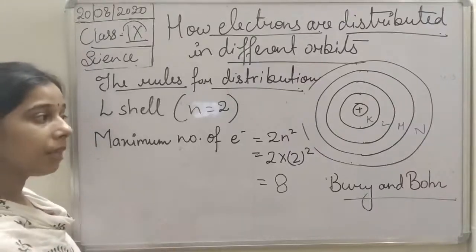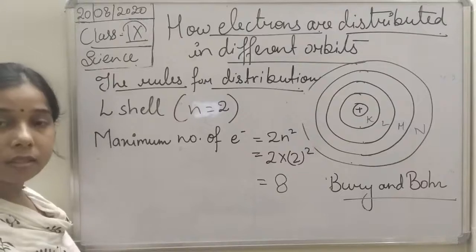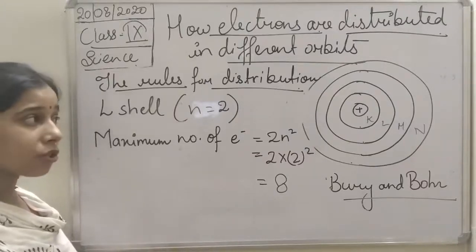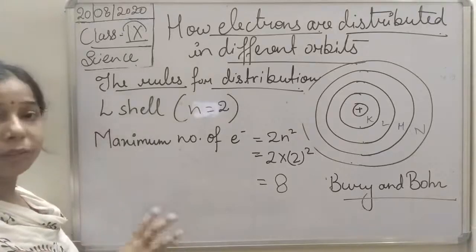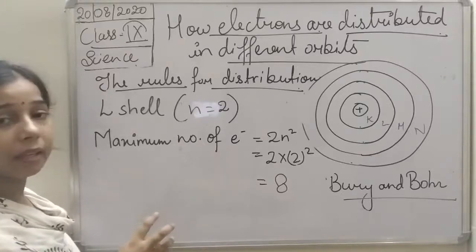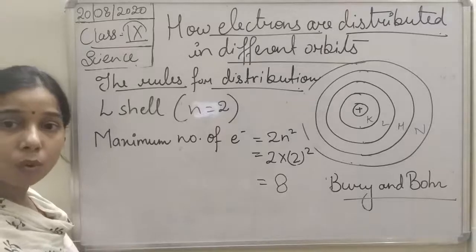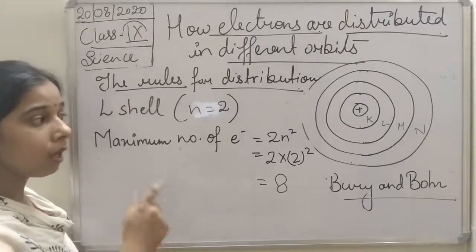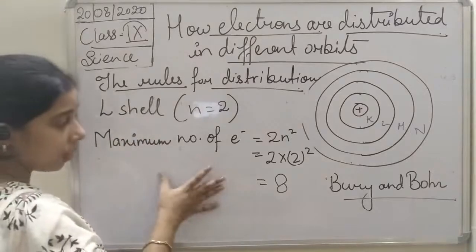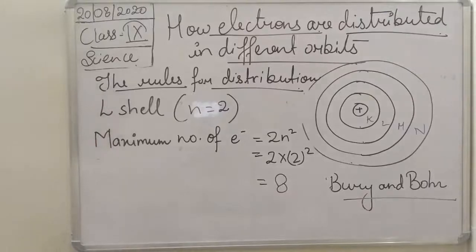So after completing the first shell, that is the K shell, when the electrons start entering the L shell, as the L shell gets completed with 8 electrons, further electrons will not enter the L shell, but will start going into the next shell. So after the L shell has the maximum number of electrons, that is 8,